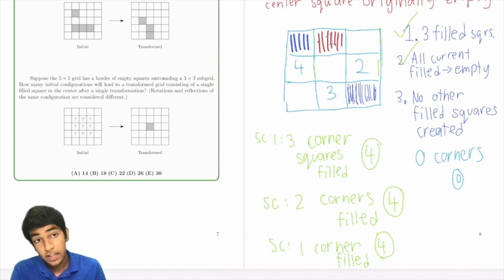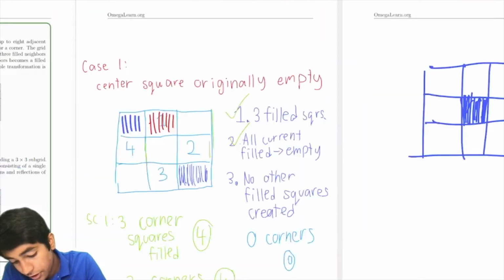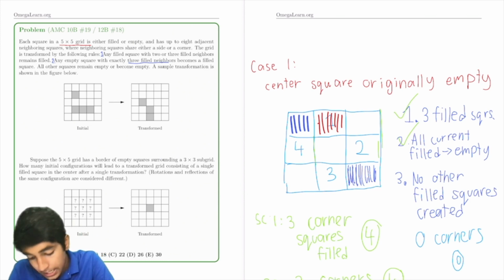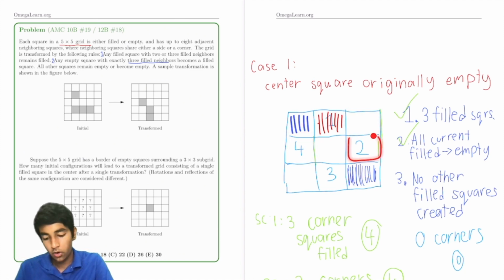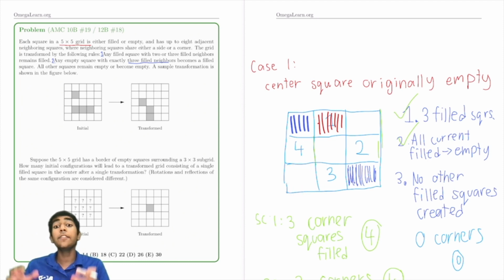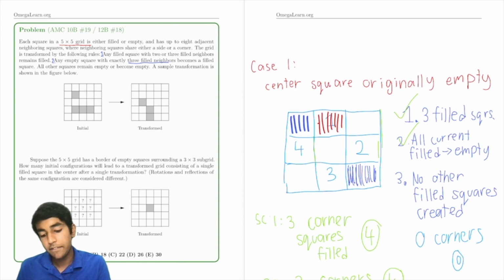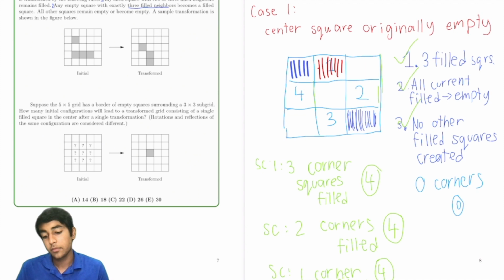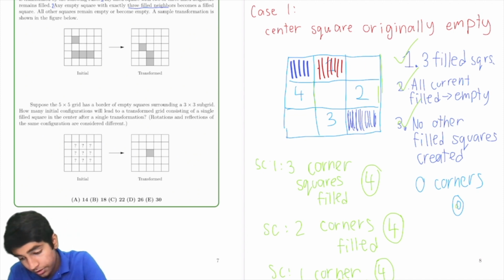Condition 3, no other filled squares created. Basically, is there going to be a square that's adjacent to all 3 of these filled squares? This one, no. This one, no. This one, no. Basically, none of the empty squares are adjacent to all 3 filled squares. So this condition is also satisfied. So this does work. So that's 0 corners is 0, but 2 corner